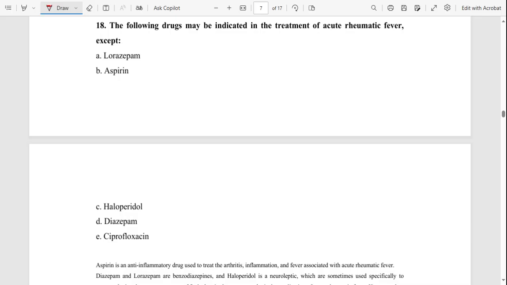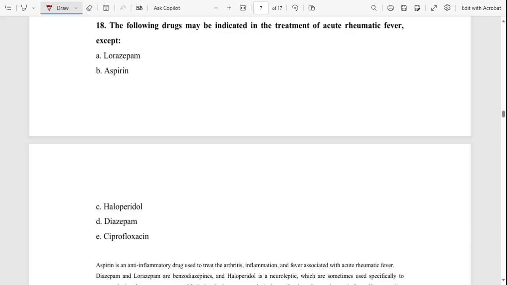They can act as sedatives, because, as we've said, one complication can be Sydenham's chorea. So, as sedatives, you can use them for this neurological problem. Aspirin, we know aspirin is an NSAID, so it can actually be used to treat the